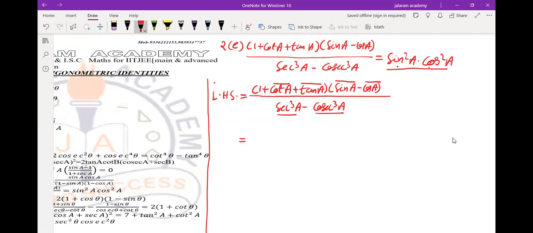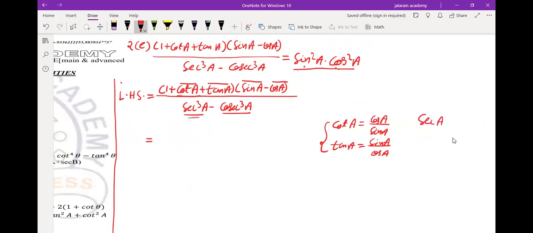for which we can use cos A by sin A in place of cot A. We know that cot A equals cos A by sin A. In place of tan A, we will use sin A upon cos A. In the denominator, in place of sec A, we'll use 1 by cos A, and cosec A will be converted to 1 by sin A. Means each ratio can be converted either to sin A or cos A or both. Equals